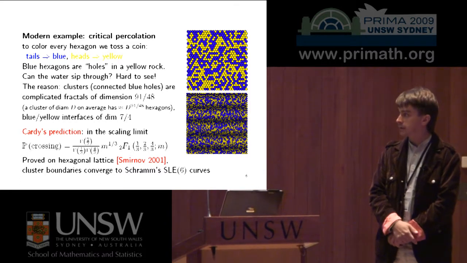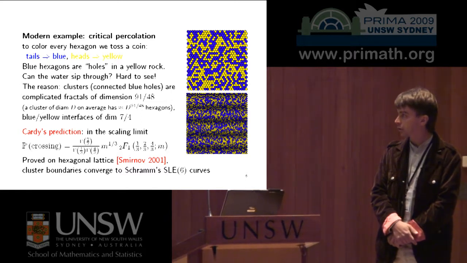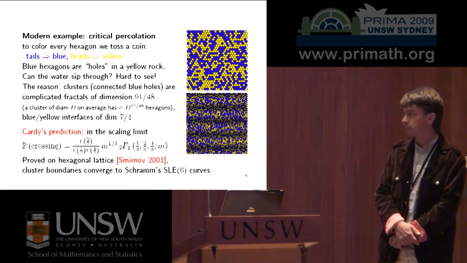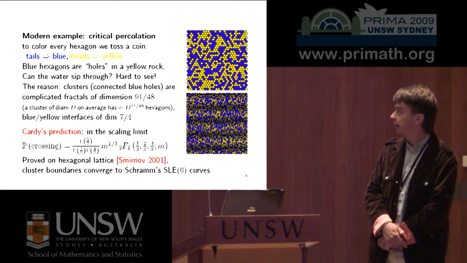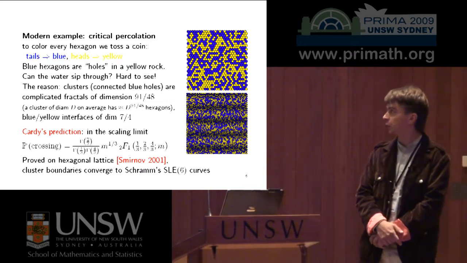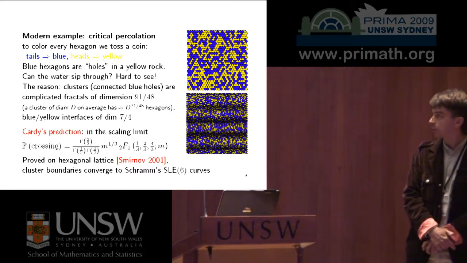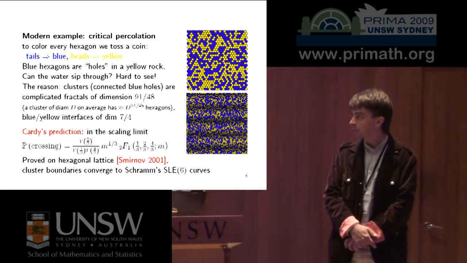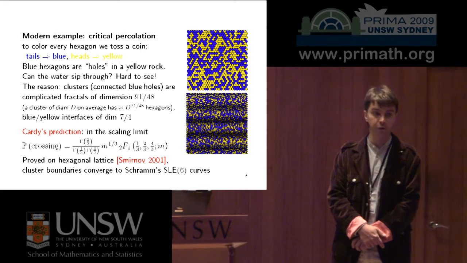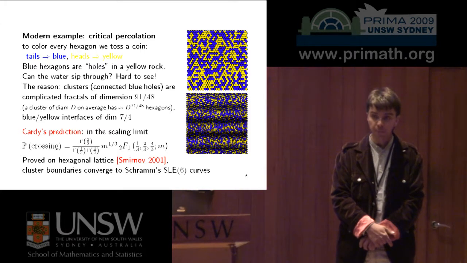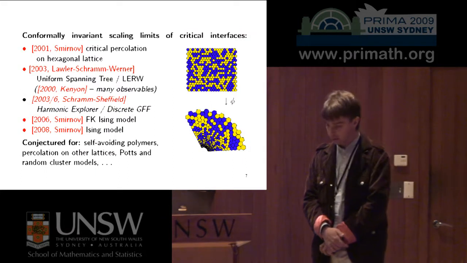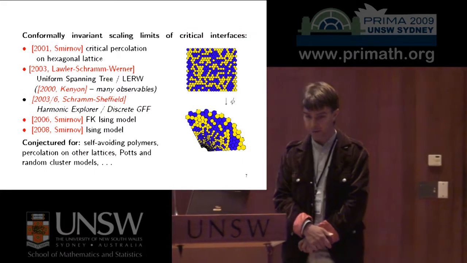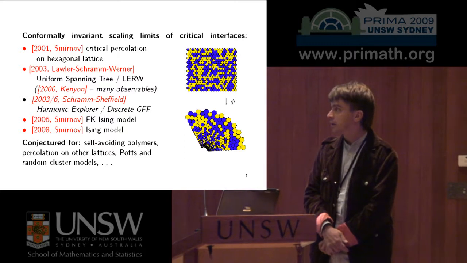We were instead obtaining some equation not for a real parameter, but for a complex parameter. And this implied that the interfaces in percolation, the boundaries which separate blue and yellow hexagons, converge to the Schramm curves, and this allowed in turn to prove things like 91/48 written here. So I will speak about more recent results about the Ising problem, and I just wanted to make a short